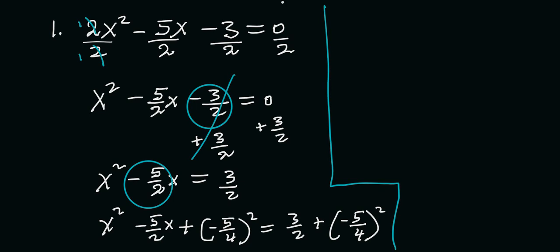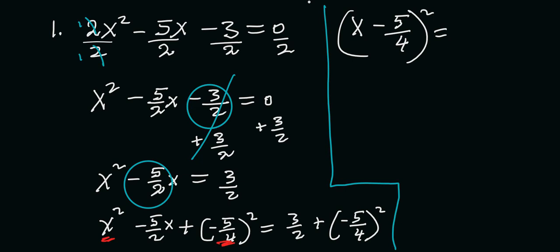So let's isolate x and negative 5 over 4. So we took both of them now. This is x squared, and this is negative 5 over 4. So just bring both of them and put them in the same parenthesis and equate them to